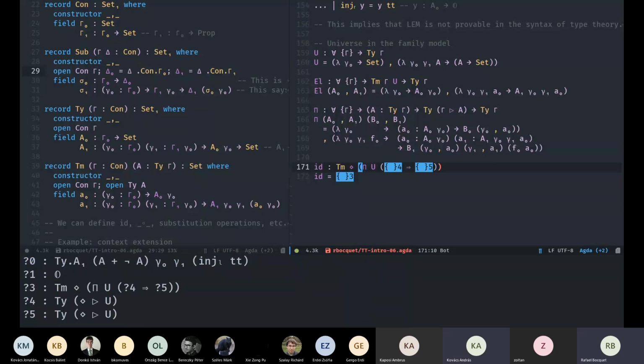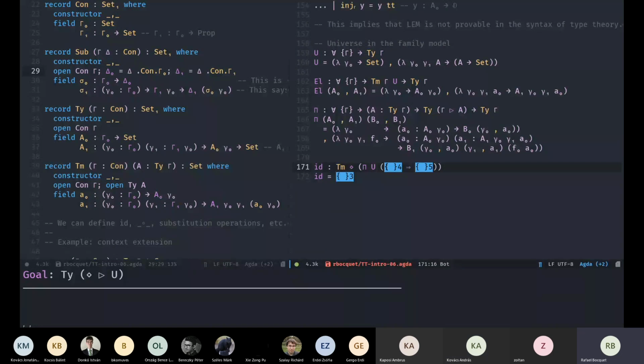I mean the variables here. What do you mean? I mean, so we don't have to define Q. You can just write it out here. Yeah, but